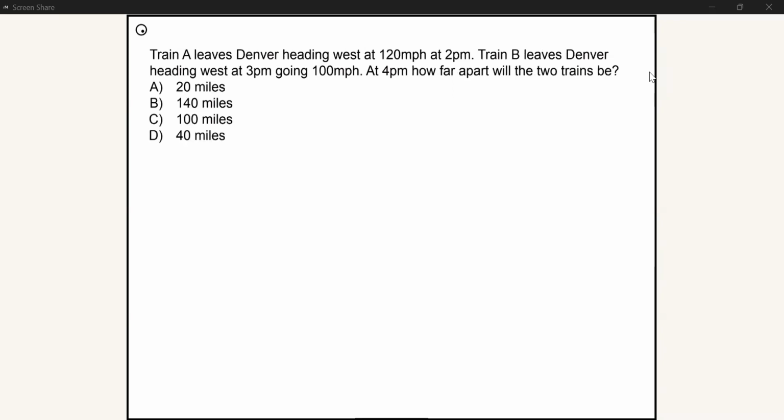Okay, great. I love this type of question. So let's take in the numbers, right? There's 120 miles per hour, 2 p.m., and direction, heading west. Heading west. So they're going in the same direction. If they were going in opposite directions we'd add the miles per hour or something like that, but they're going in the same direction, so we'll be subtracting eventually. And it's 4 p.m. So they're going to be 2 hours